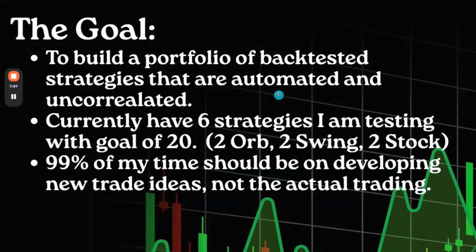So I've got 2 ORB, 2 swing, and 2 stock strategies that the whole goal is to backtest, optimize, and then automate. So my goal is 99% of my time is not in actually trading. It's going to be in developing the trades, using AI to dial those in. And then once I actually have a backtest that looks good,